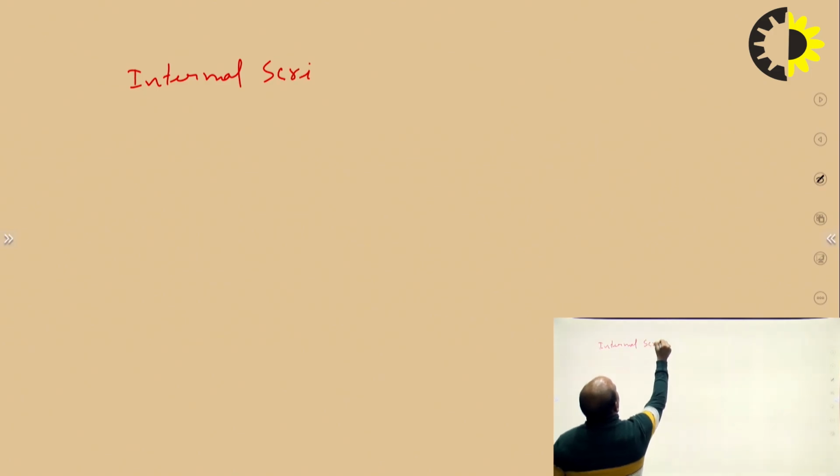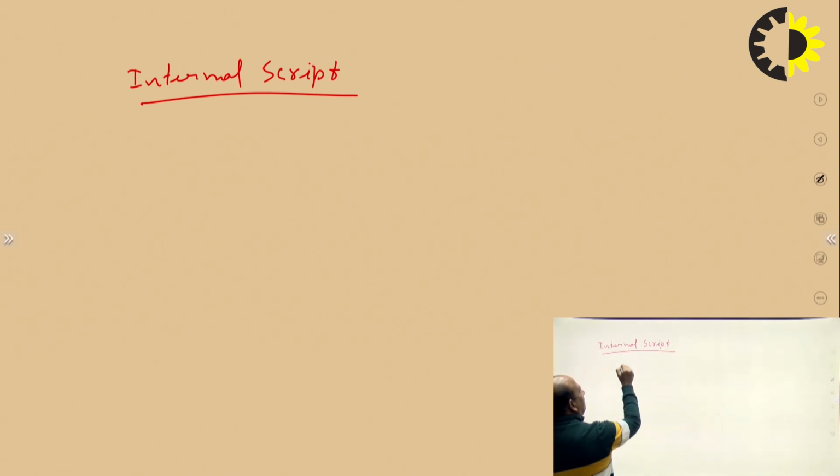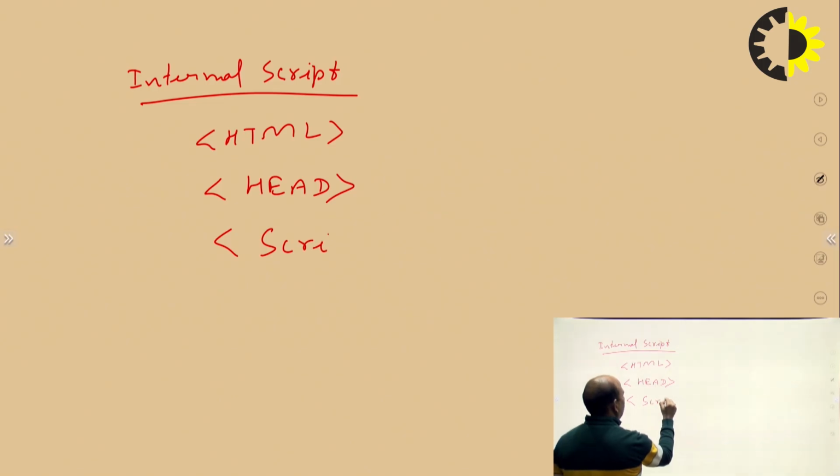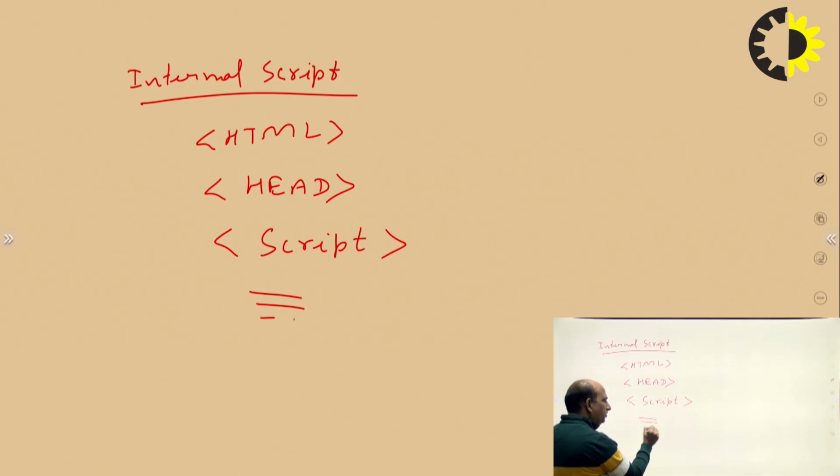To apply this internal script in your HTML file, let's say I have an HTML file, then we have head, and in this head section you may use the script tag, and in this script tag you may write your script code over here. Then close this script tag